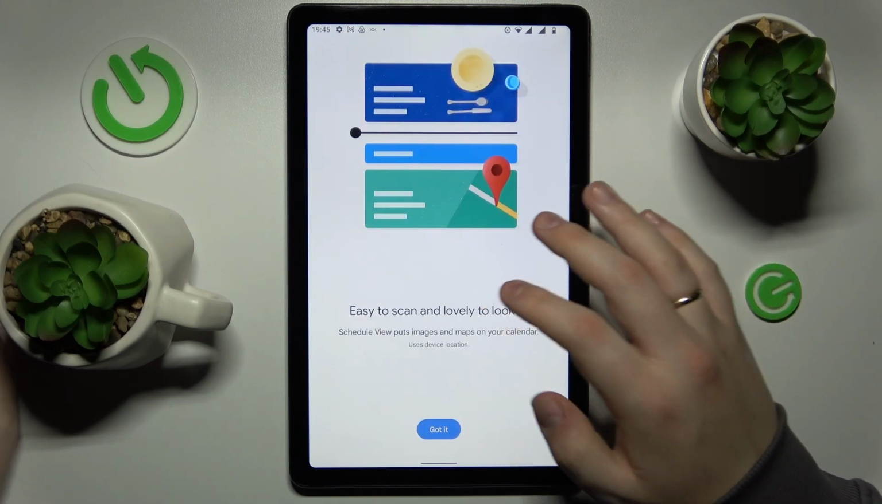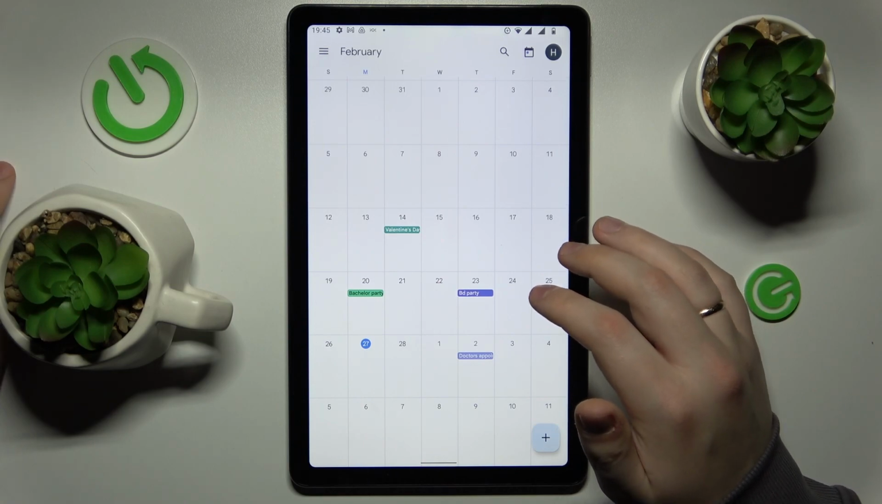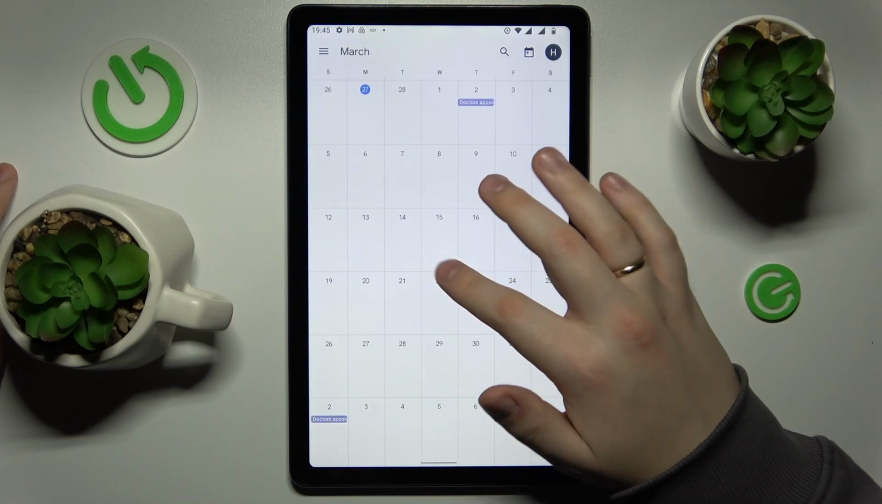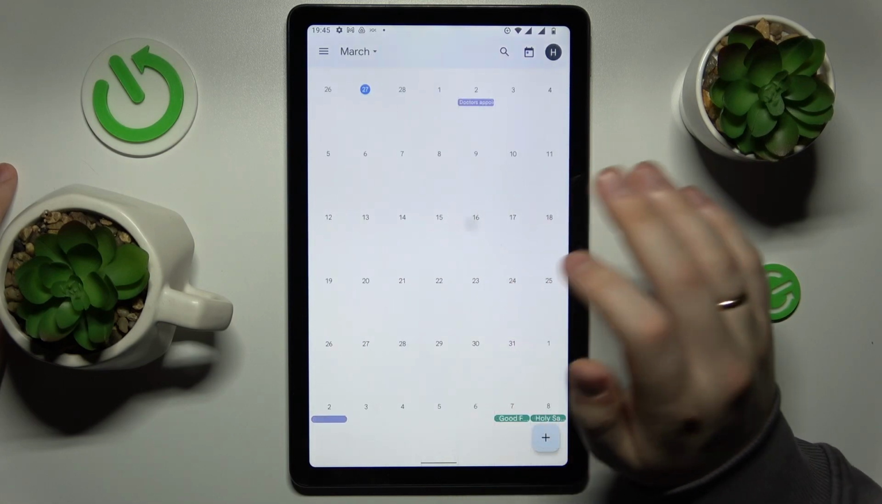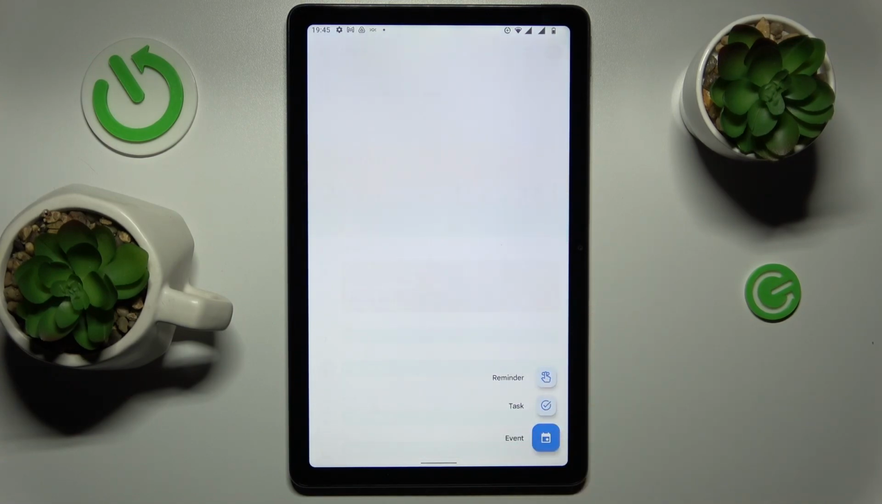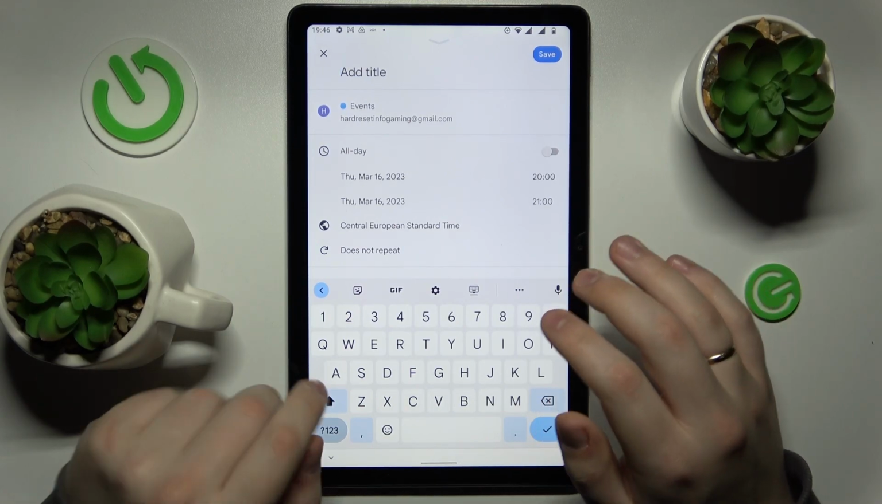Sign into your Google account if you haven't already, and once you're ready to create the said event, just choose the date that you would like for this event to occur. Then to your bottom right, tap on this plus sign, choose event option. And in here we can set the event title,